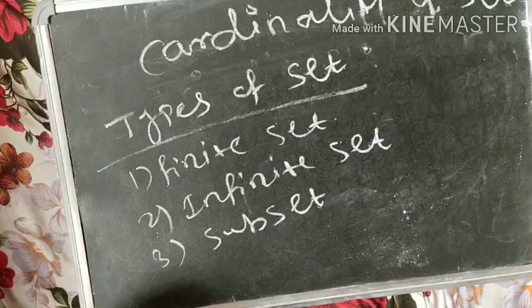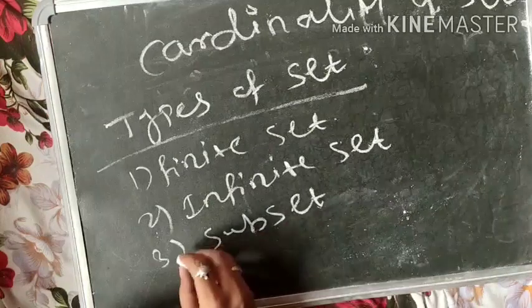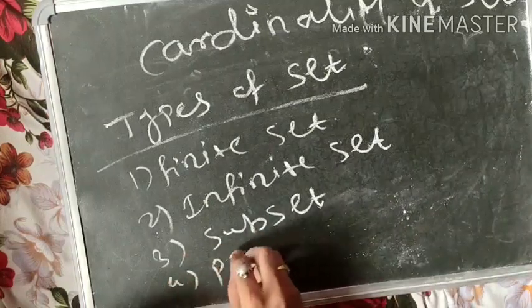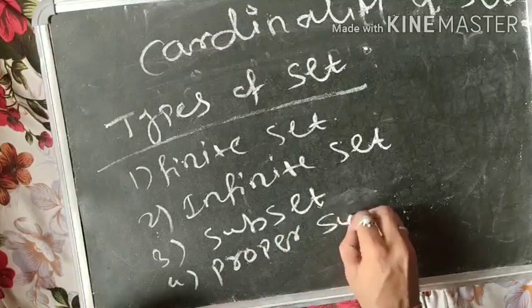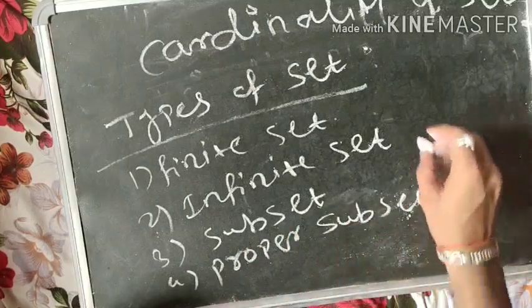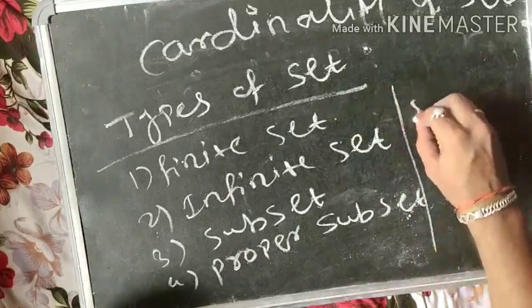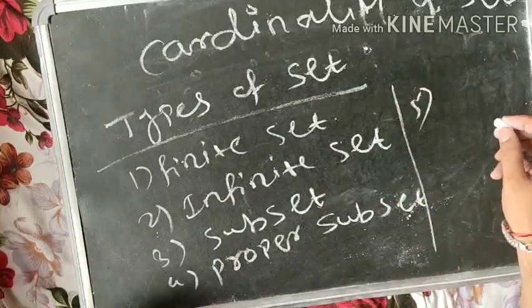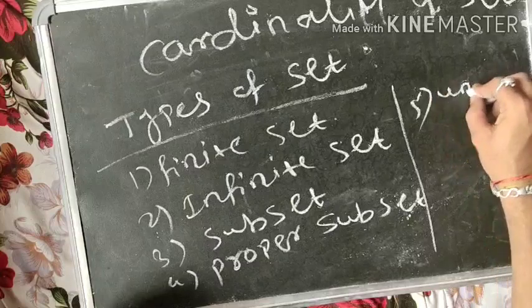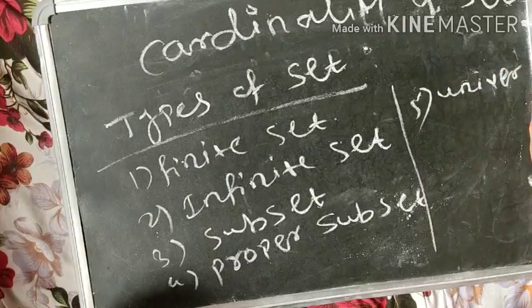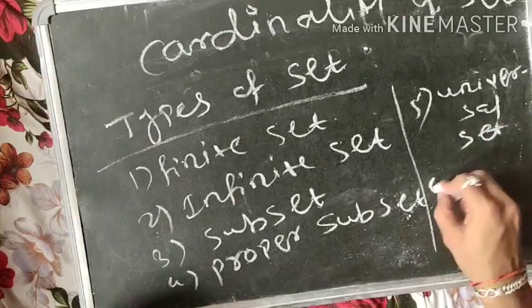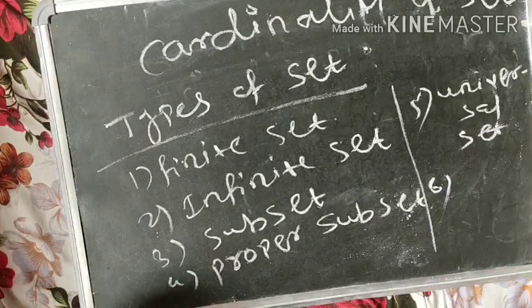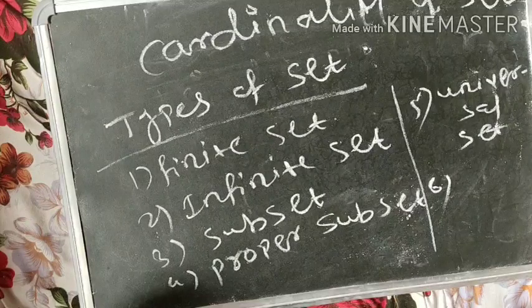Fourth is proper subset. Fifth is universal set. And sixth is empty set